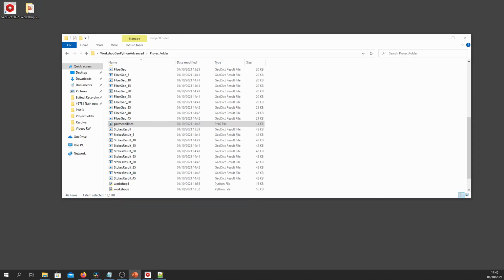Now let's assume you have a good geometric model of a material with a free parameter. For example, you have a fiber geostructure generation as we have here with a solid volume percentage as a variable. And now your goal is to find a material within that parameter space which has a desired target permeability. For this purpose, we can do a simple automatic optimization loop, and I will show you how.